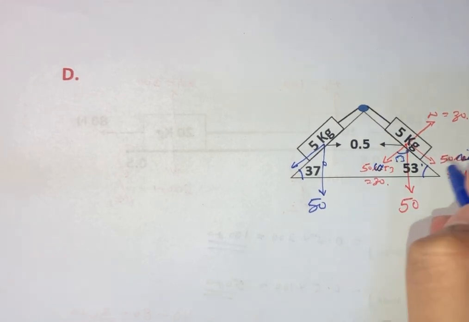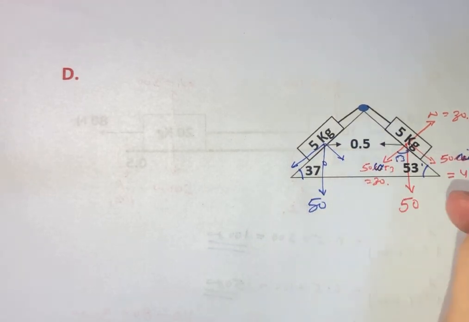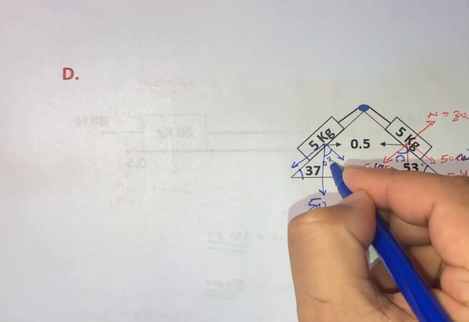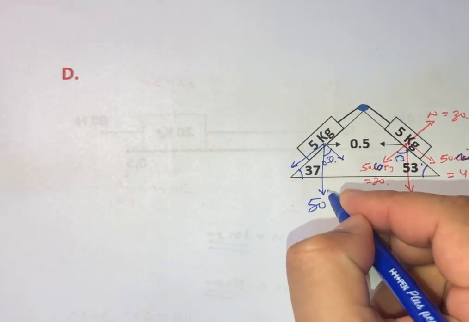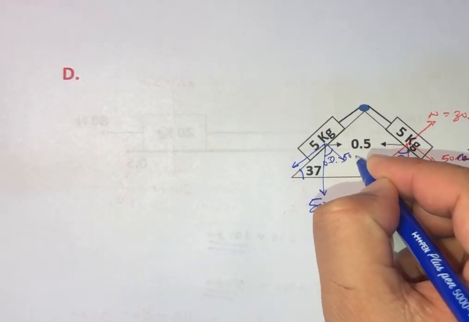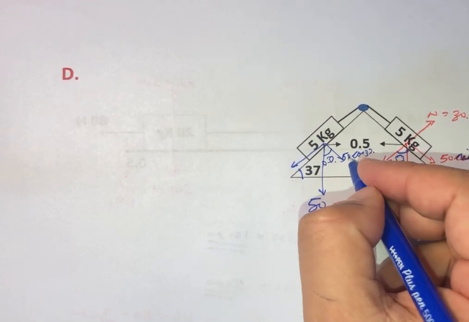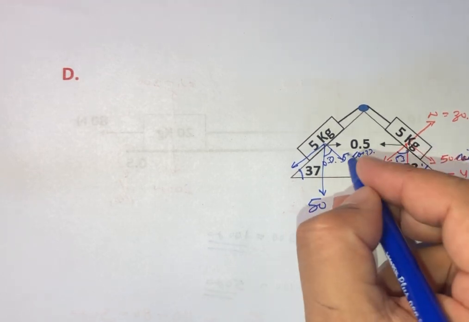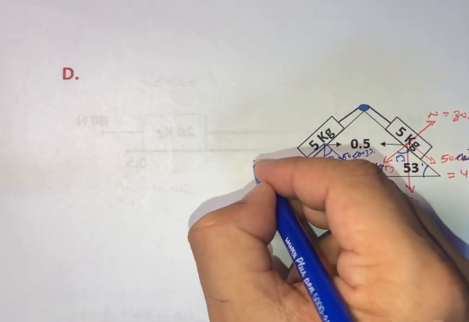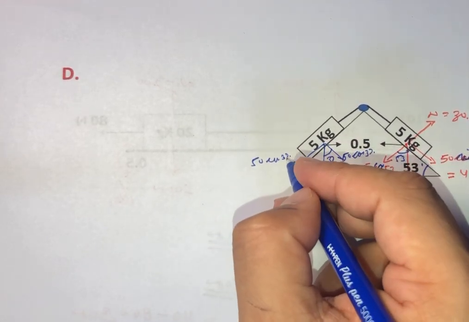My mistake, sorry. And when we are in this direction, this angle will be 37. From here we can say that this will be 50 cos of 37, which will be coming as 40, and this will be 50 sine of 37, and which will be coming as 30,